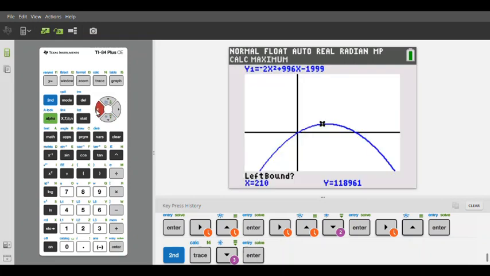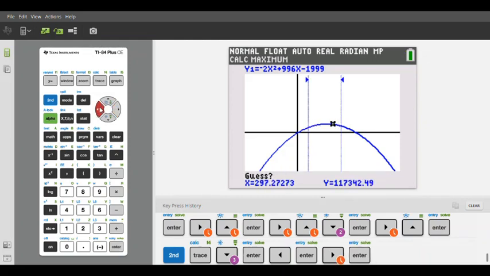Okay, I'm going to go left of where the maximum point is, hit enter. I'm going to go right of where the maximum point is, hit enter, and I'm going to guess what the maximum point is, probably somewhere about right here. Hit enter, and it tells me that my maximum point is that x equals 249 and y equals